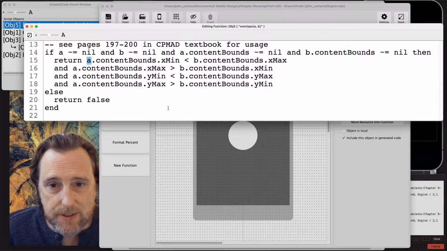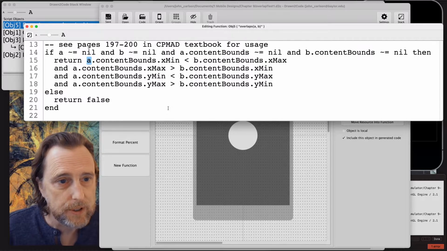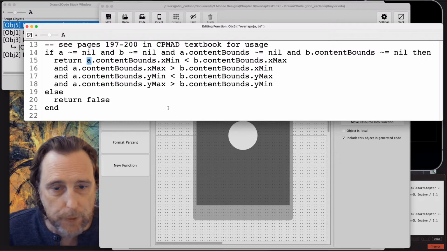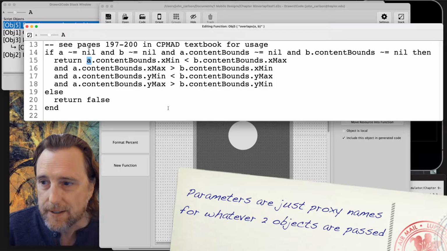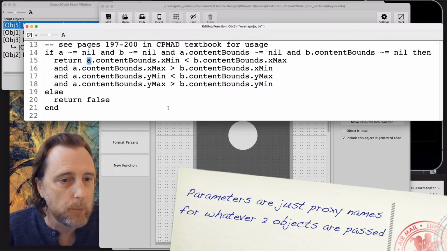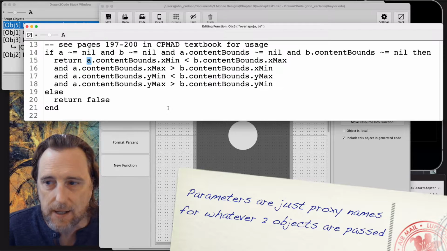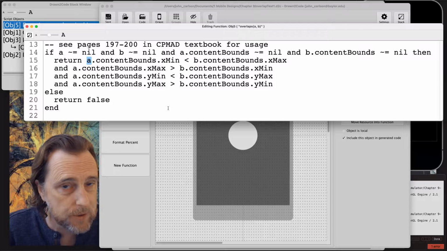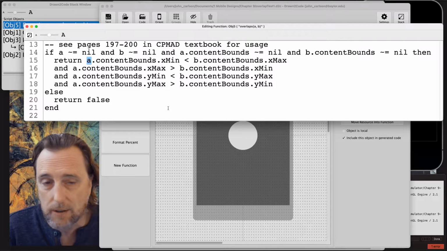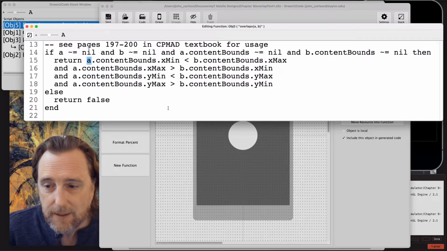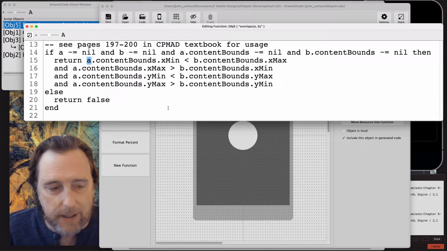The parameters inside of the function are names that you give, that you'll use inside of the body of the function to refer to whatever two things were passed to this function. Whatever you pass into this function will be referred to now as A and B. You can call them whatever you want, as long as it's a valid Lua identifier. So calling them object 1 and object 2 is fine, but it does seem a little bit like